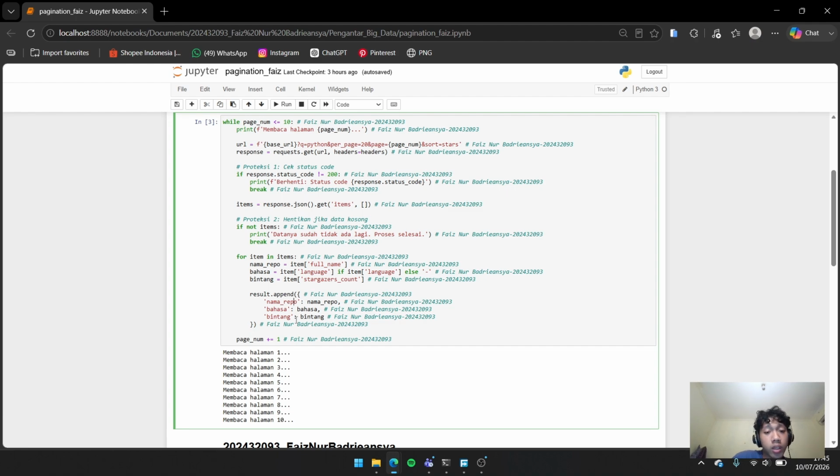And finally, we show the page number increase by 1, moving to the next page. The process continues until the 10 pages are complete.